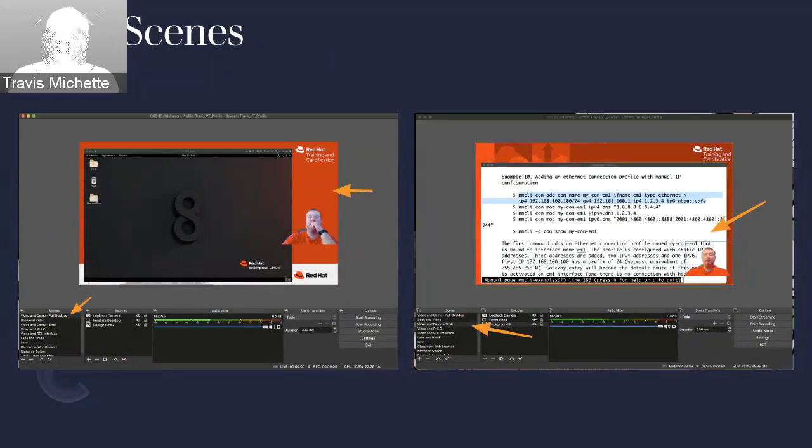Other pieces I've got is the full-blown Linux desktop that shows in there. And you can see that this was called video and demo with the full desktop. So I've got the full desktop. I've got my Logitech camera. That's how I labeled my camera source. And then I've got what I call background 2 that shows in the background, and that's the Red Hat certification